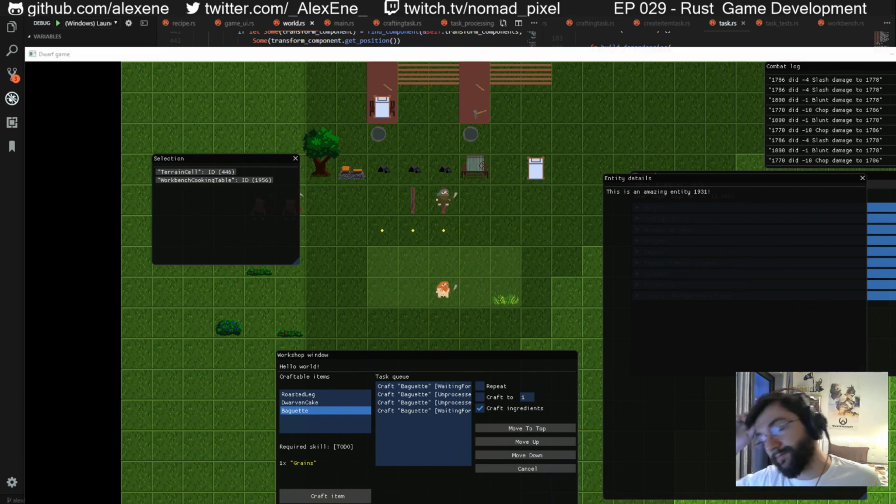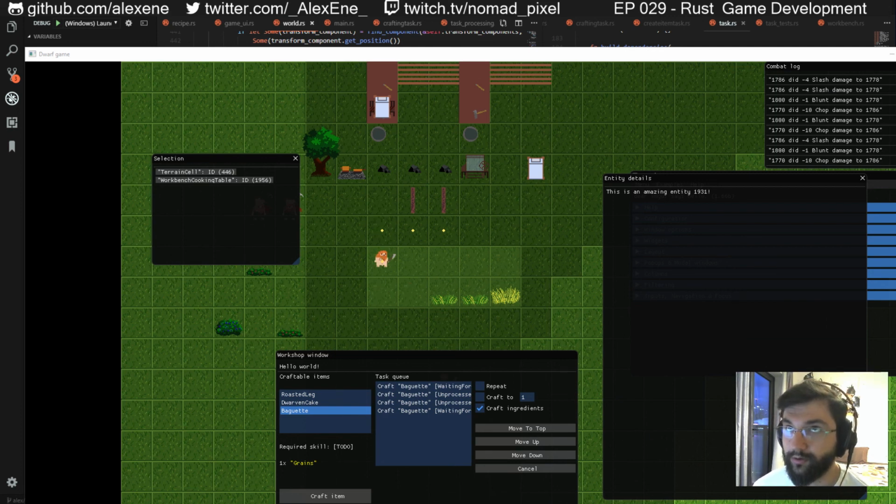I need to add more items, more crafting items, and have some sort of a gameplay loop. So there's two main things I want to add before I make this like